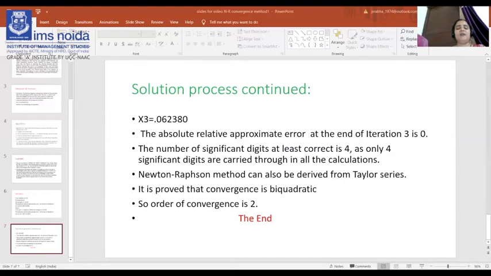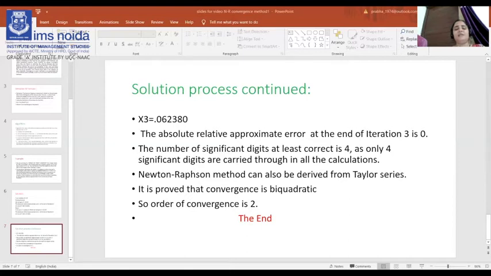Now, this is an important formula for convergence of the NR method. The absolute relative approximate error is the new root minus old root divided by new root, into 100. This is a very important calculation for convergence: (x(i+1) minus x(i)) divided by x(i+1), mod of this thing. If you are getting a negative value, just ignore the negative sign, because you are taking the absolute value, and the absolute or mod of any negative value will be positive. The error is always mentioned as a quantity only, it is never mentioned as positive or negative. So this is the formula of error.